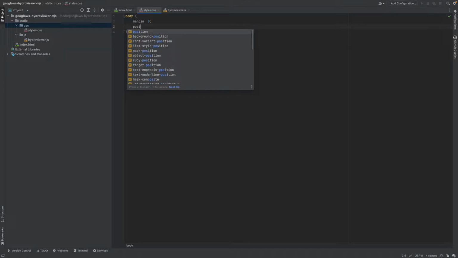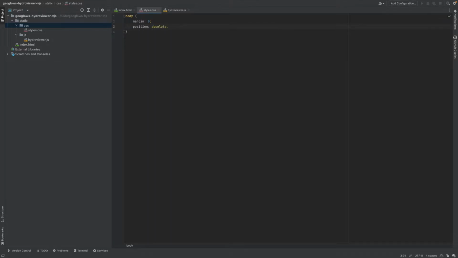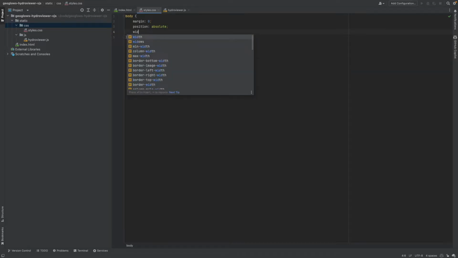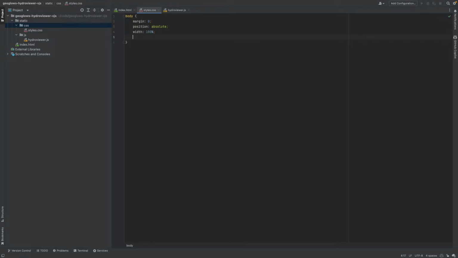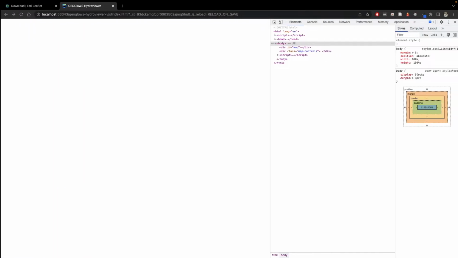I'm going to say position is absolute, and the width will be 100%, and the height will also be 100%. Make sure you save that. We'll go back to the browser and refresh. Now this time, when I hover over the body, you should see that the body is covering up the entire viewable area within your browser. So my width has not changed, but my height now goes the full height available